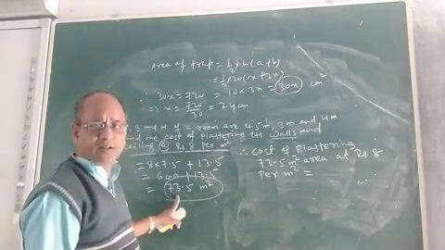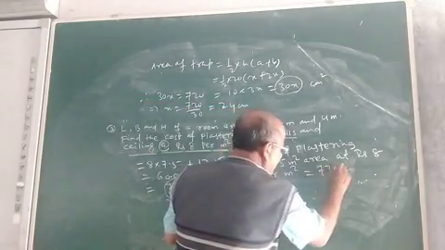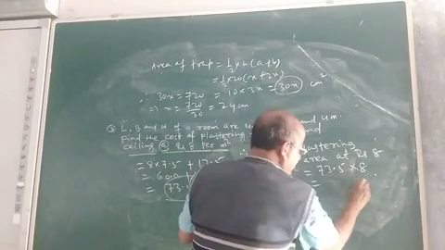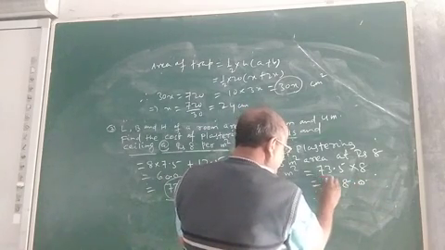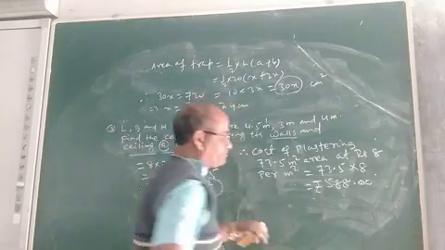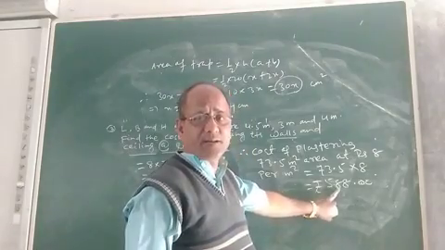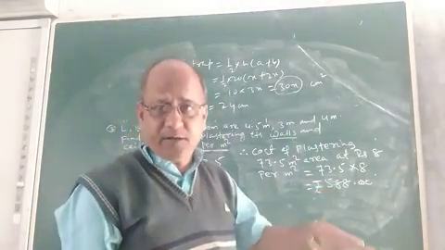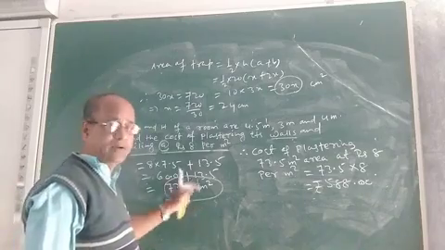So what will be the cost of plastering this? Definitely this area must be multiplied by 8. So it will be 73.5 into 8. 8 into 5 is 40, carry 4, 8 into 3 is 24 plus 4, 28, carry 2, it will be 588. What will be the cost of plastering the 4 walls and the ceiling? It will be just rupees 588 at the rate of rupees 8 per meter square, where the area to be plastered is 73.5 meter square.